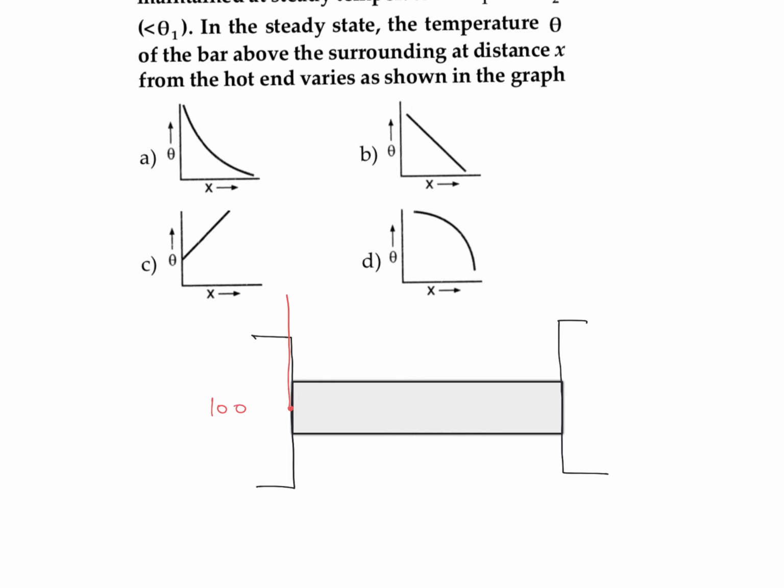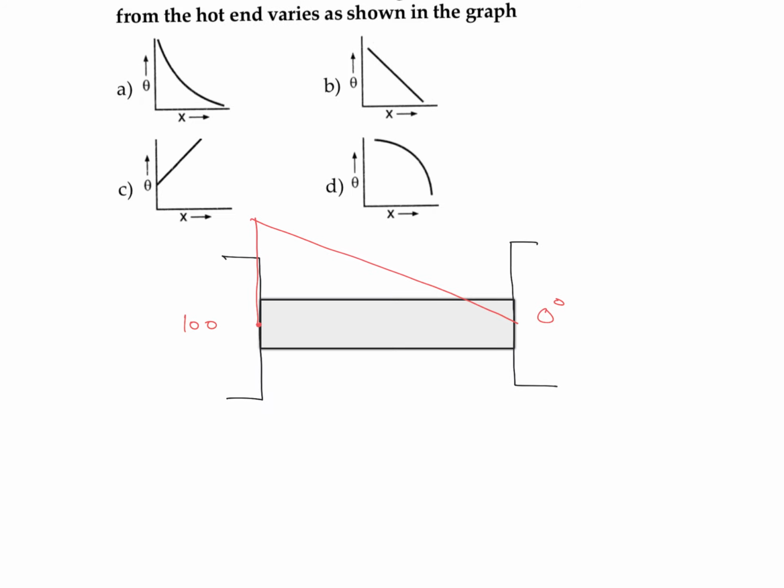As an example, let's say the temperature of this side is 0 and the temperature on this side is 100. So gradually, or linearly, the temperature will decrease from 100 to 0 if you are moving from the hot end to the cold end, in such a way that the value of its temperature gradient